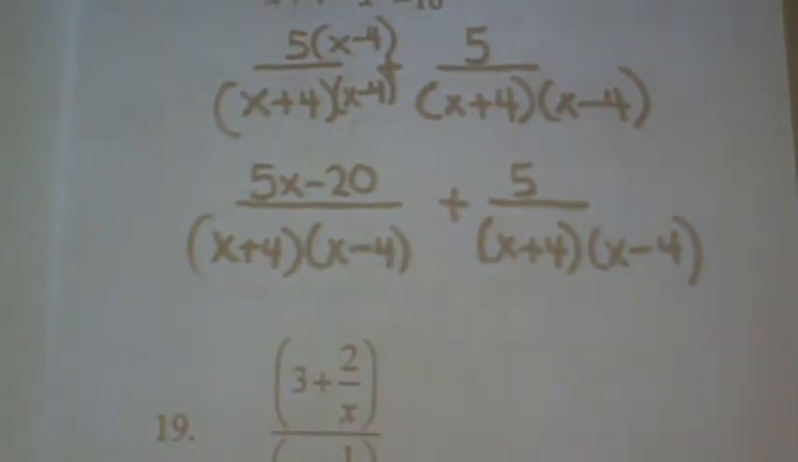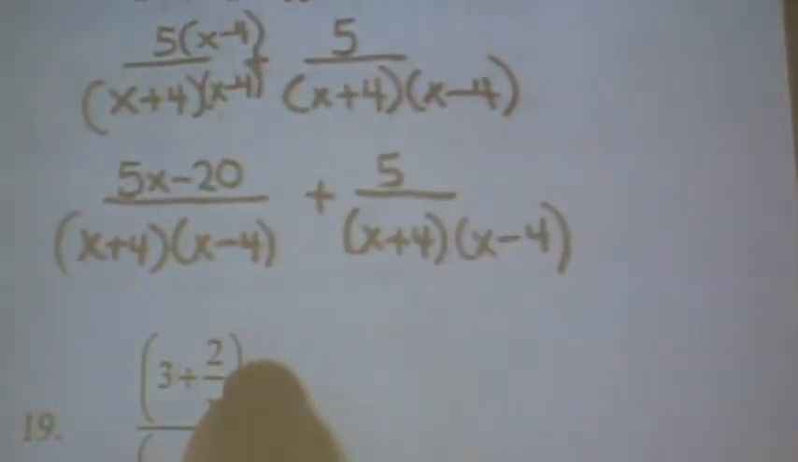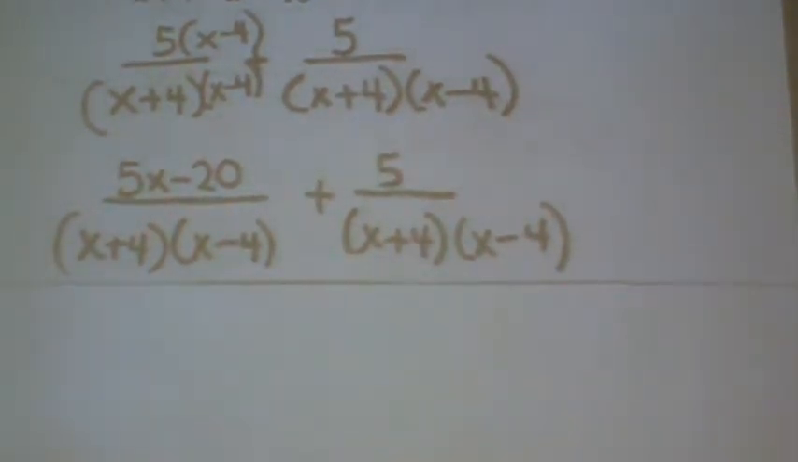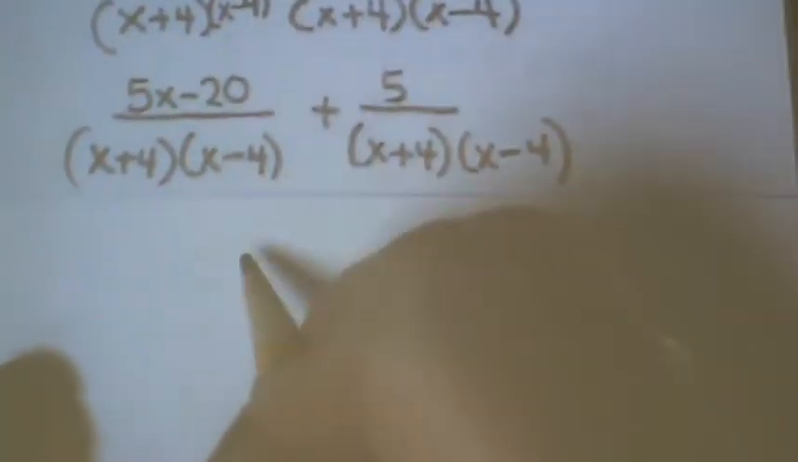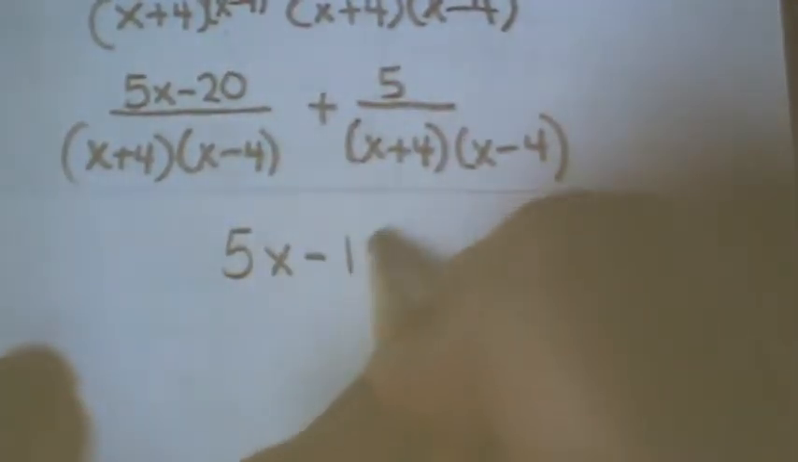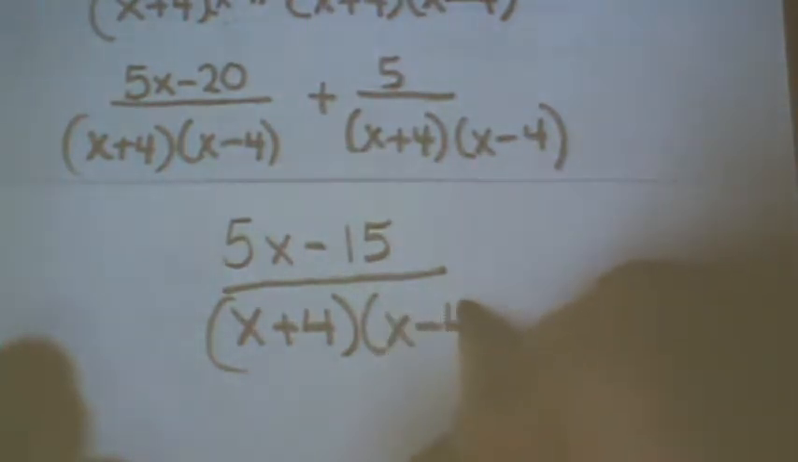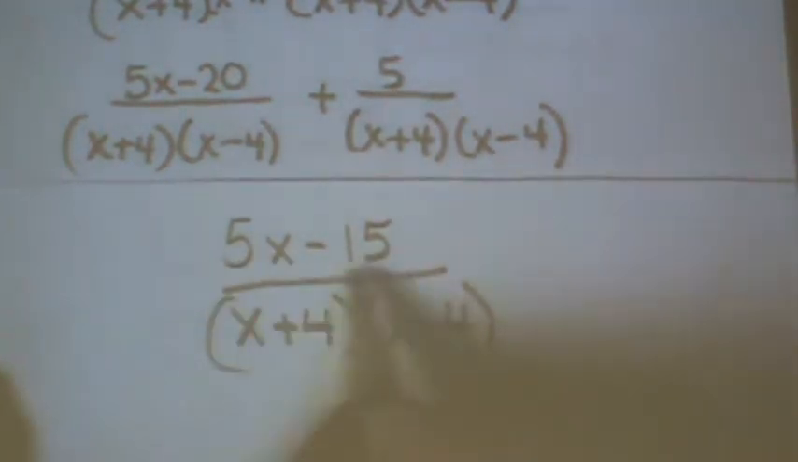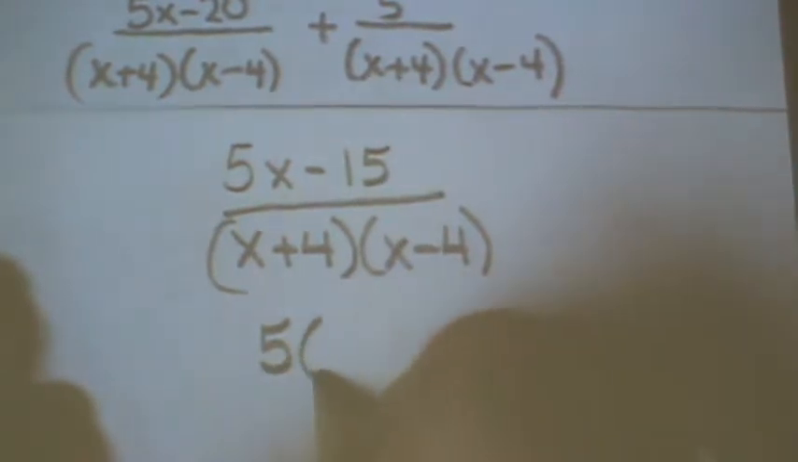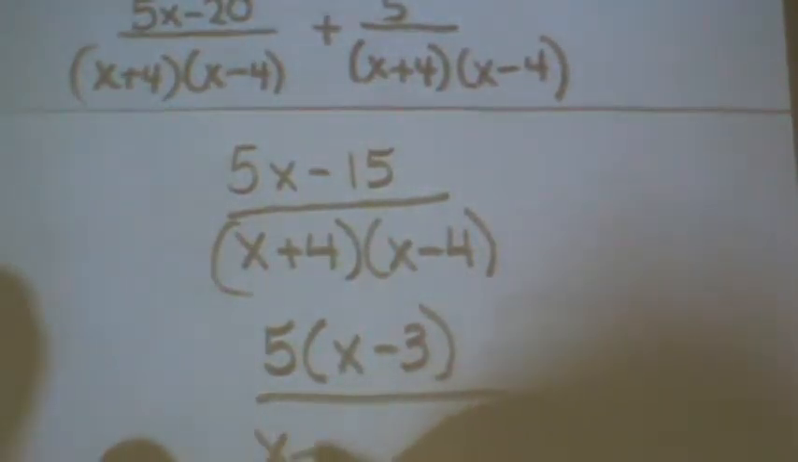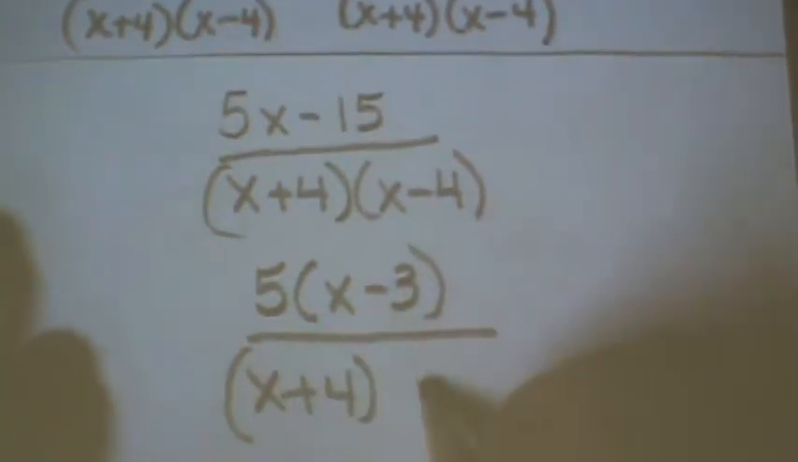Okay, next, we're going to cross here. Actually, yeah. We're going to now add up our numerators. These two are like terms, so you have 5x minus 15. Now I see a 5 I can take out. I'm going to go ahead and try it out. Not that it's going to help. I took a 5 out,